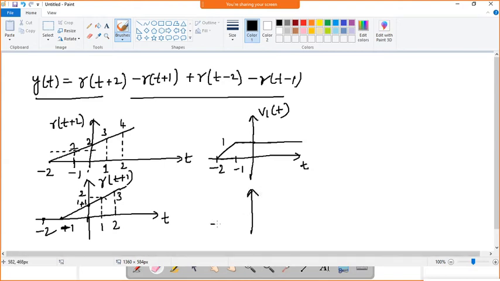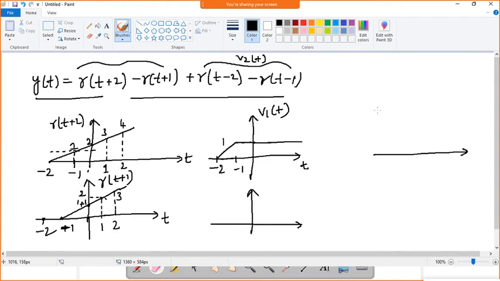Has anybody got this result, v1 of t? Yes, sir. Okay, so now similarly do v2 of t. You can consider this your v2 of t. So this is r of t minus 2, that is at the index value 2,